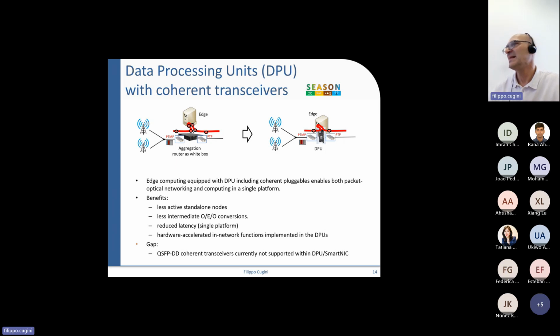Basically, because what happens in intermediate routers, there is so much traffic that you cannot really do a lot of operation. You cannot even store anything for processing because it's too much the traffic that you can manage. So it's just a transit element. You cannot really do a lot. Instead, in a network interface card, traffic is typically terminated in the edge here.